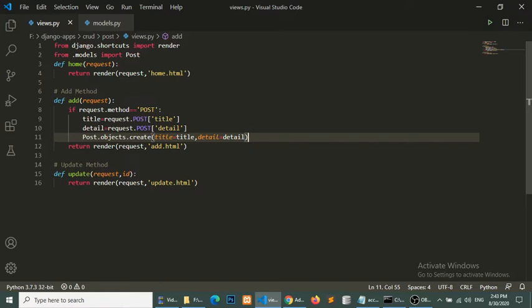So this function will create our data in the database. So now, if data has been successfully inserted in the database, then we will show a message.